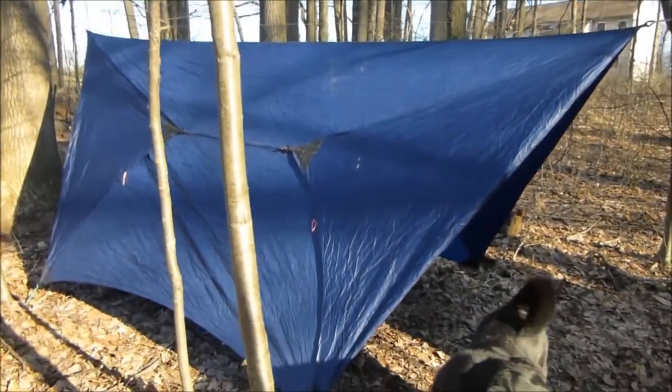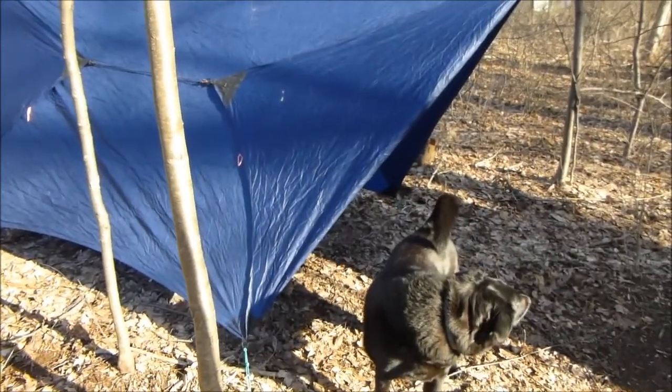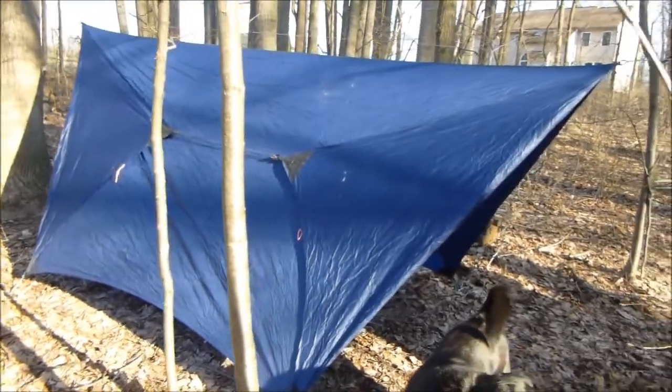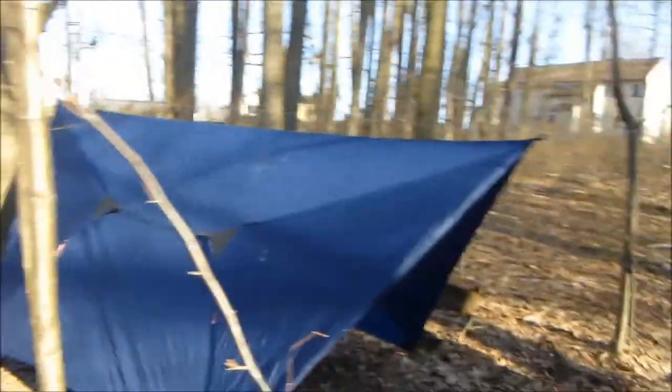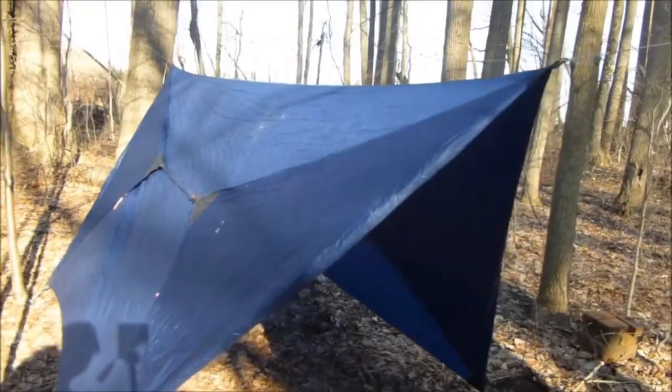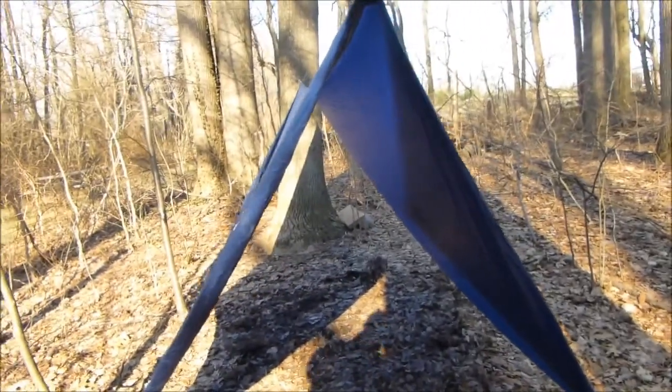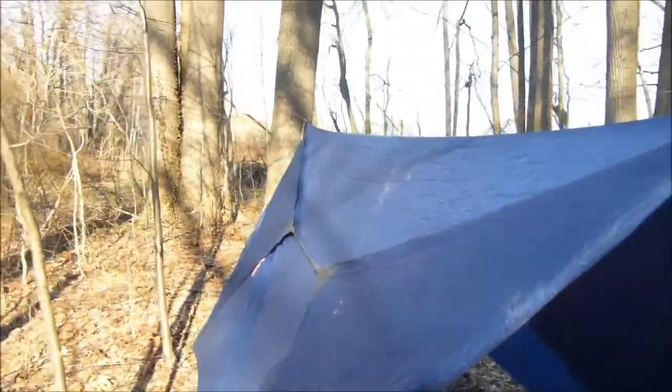So here I have my dog, and it's set up as a tunnel. Don't have my hammock in it right now, but just a very basic setup. The doors right now,